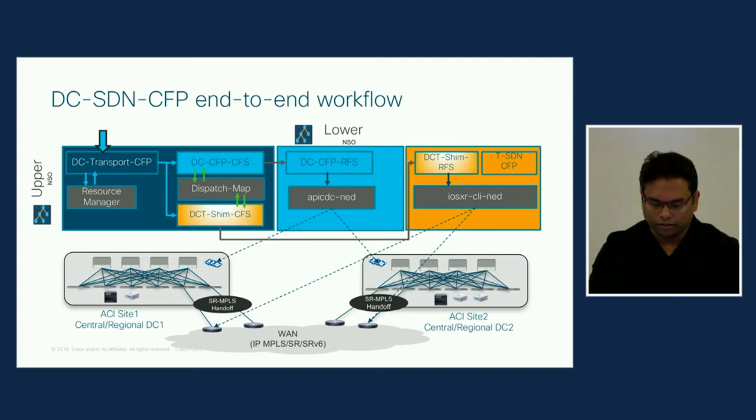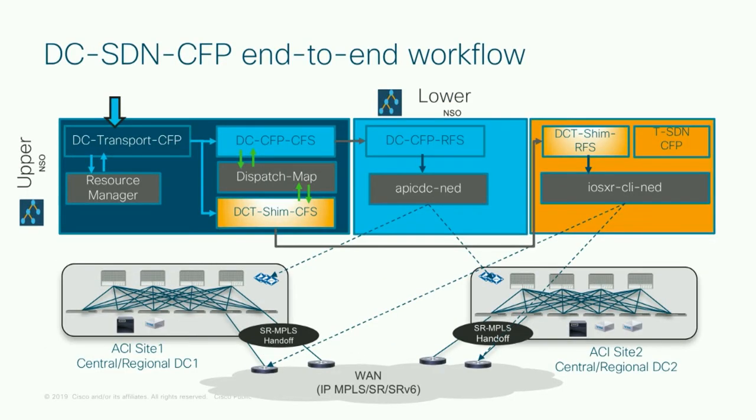The entire operation is in a network-wide transaction. So if there are any errors, everything is rolled back, so we don't leave incomplete configurations on the network. This is one of the features of the NSO platform. Once everything is successful, notifications are sent to the RFS and the CFS, and the CFS will mark the service as ready. So we've now created a layer 3 VPN between the border leaves and the